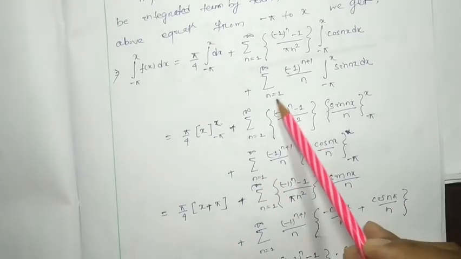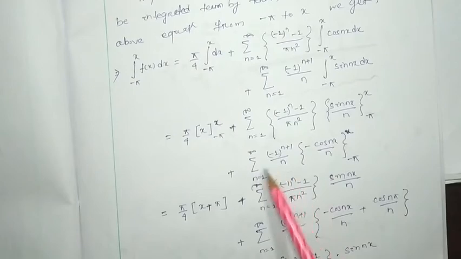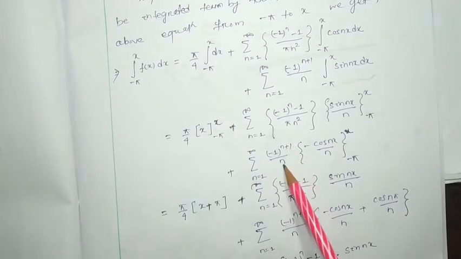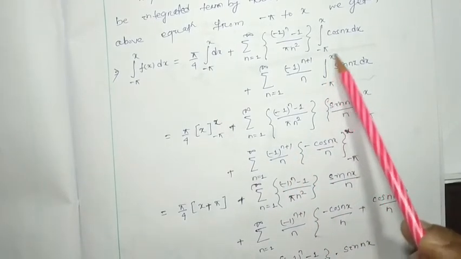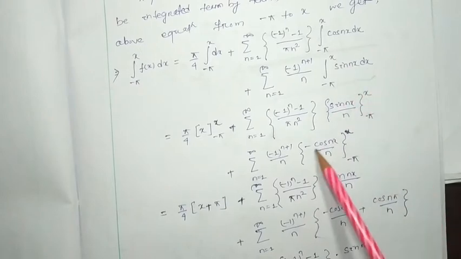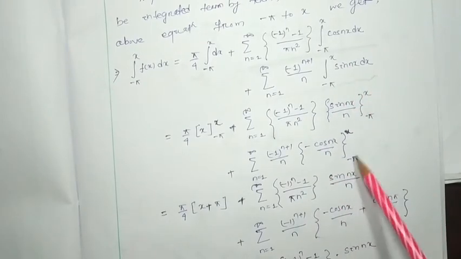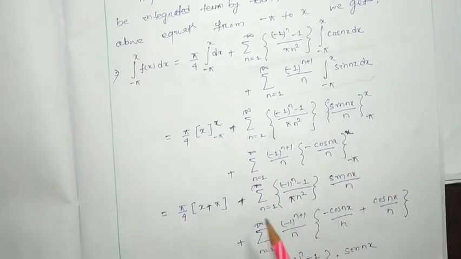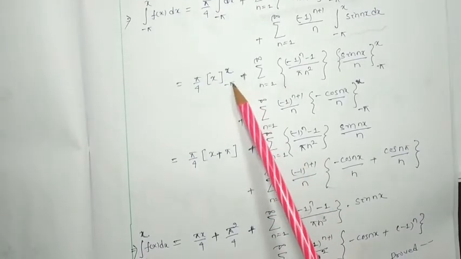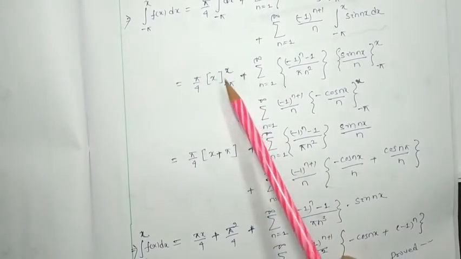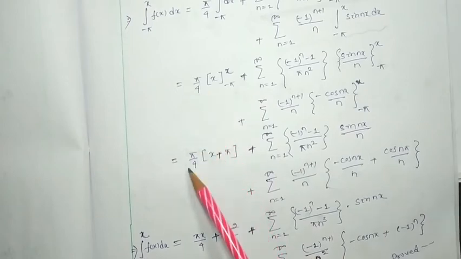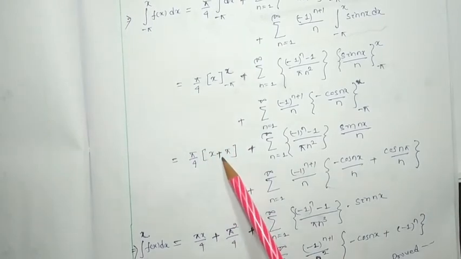Plus if we consider this term, it will be (−1)^(n+1), and the integration of sin nx will be −cos nx by n, with limits −π to x. Okay, so by considering the upper and lower limits, it will be π/4 times (x + π) plus